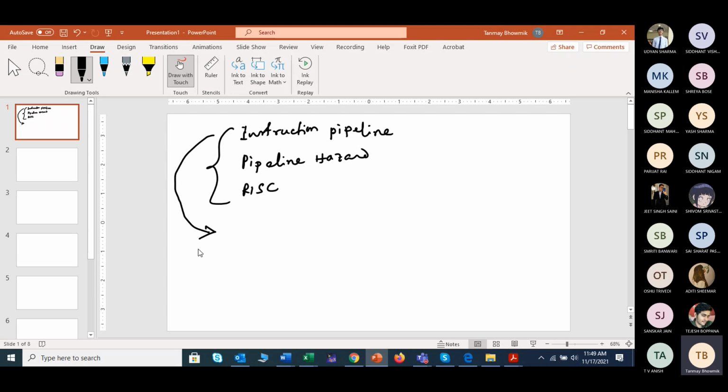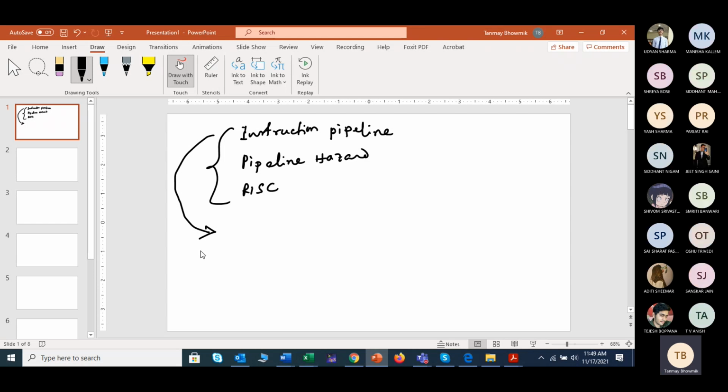I don't remember whether I have already discussed the instruction pipeline with you all or in the second batch. But still I will make a short discussion of it: if you are trying to execute any instruction through your system using a pipeline system, what are the phases that can be used by this instruction pipeline? So all those phases are just like fetch instruction,